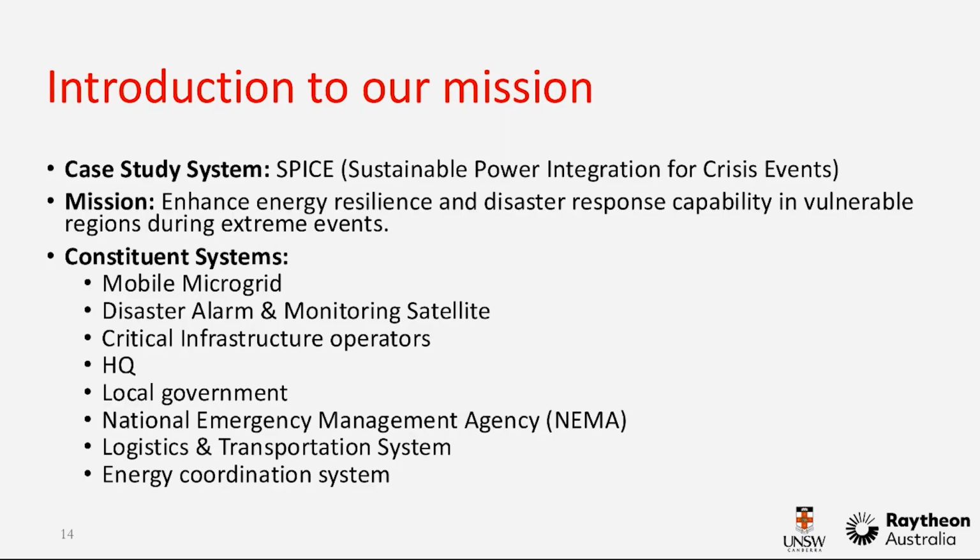We have a disaster alarm and monitoring satellite, which monitors the area and provides data about the progress of the disaster and the situation, and also the deployment of the microgrid. We have critical infrastructure operators, headquarters, local governments who coordinate receiving the mobile microgrid and deploying it, national emergency management agencies, logistics and transportation systems, and energy coordination